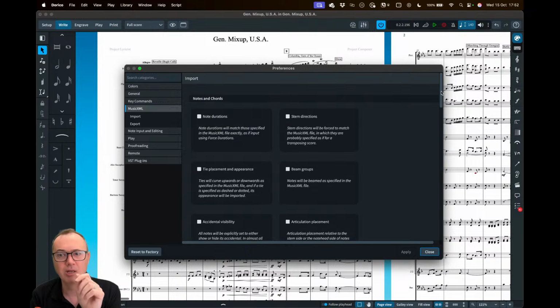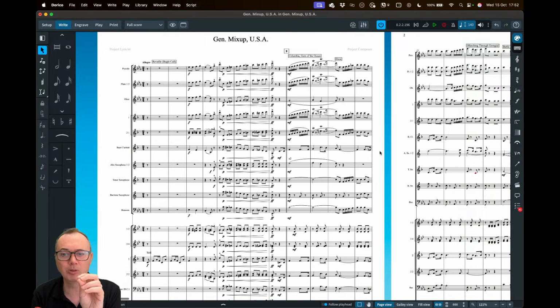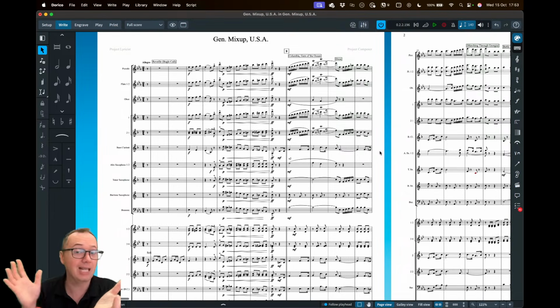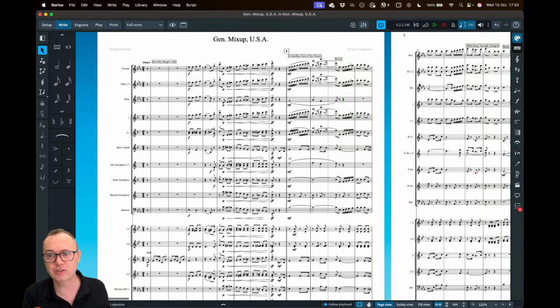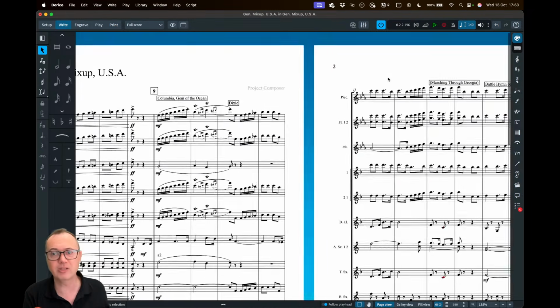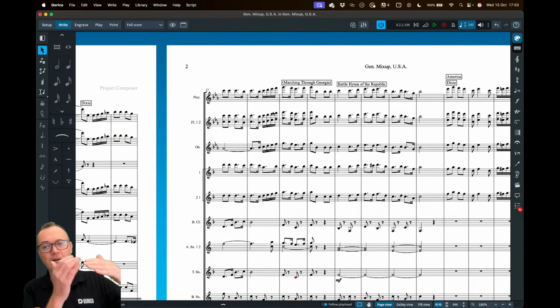But be aware that when you import it into Dorico, by default, you're using a different font, both for text and music, so you might need to change those options. You might need to change the note spacing to make things look more correct, or anything else. So there are still some things that Dorico will be applying. But if you have any issues, then please do let us know, and we can help you through some of those as well. There might be other useful sessions on things like splitting out these instruments to be individual instruments,